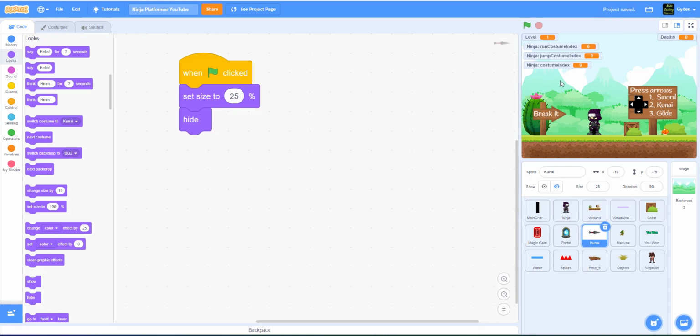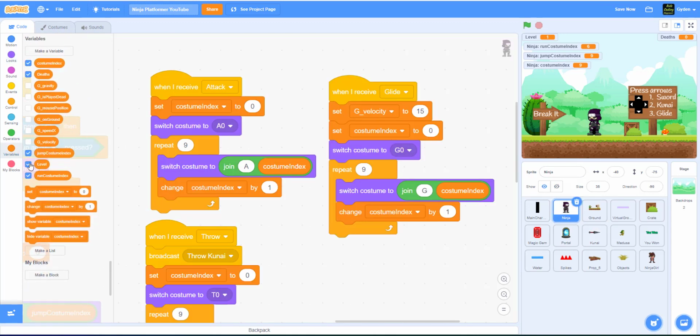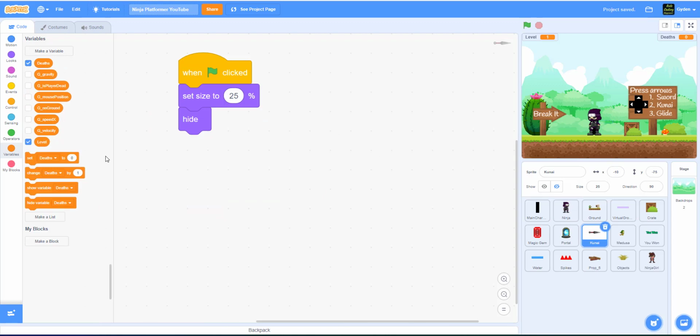Also, we can take out these variables if you like from the Ninja. So you can go back to the Ninja, go to variable, and you can unhide them. Okay, hide these guys. We don't need it. Okay, so let's go back to kunai. Okay, all right. So when we